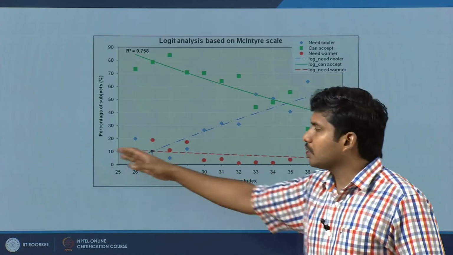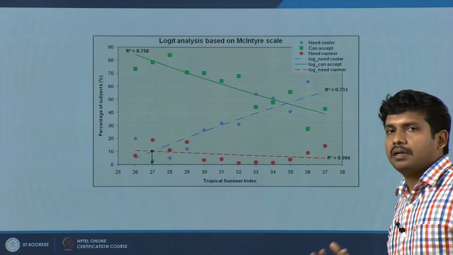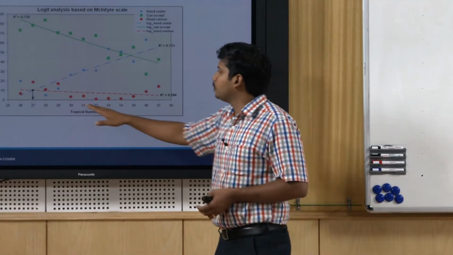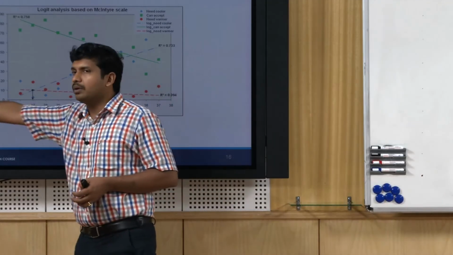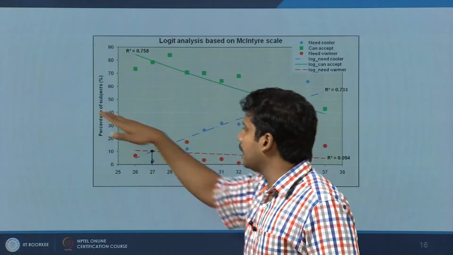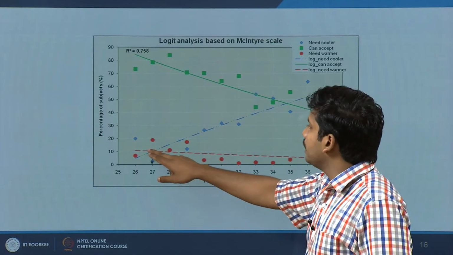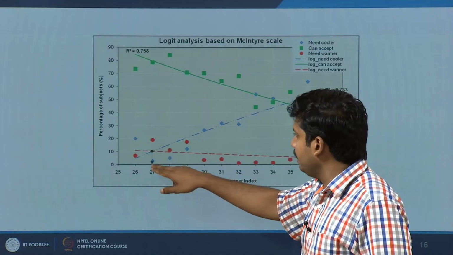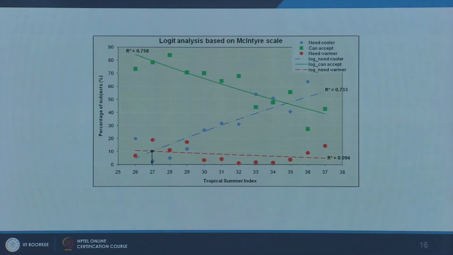We did not go much on the colder side of the recording, so this particular line fit did not really come well, because most of it was taken in the warm. Nobody is going to say I need warmer. Had we been doing the surveys on the other side, say 0 to 25 degree, this line would fit much better. Taking this cue, if you see the need cooler and need warmer line meet, this particular thing is probably the thermal preference of people.